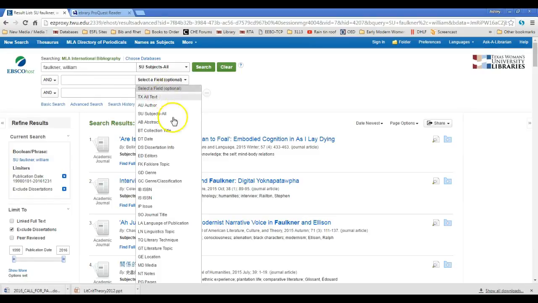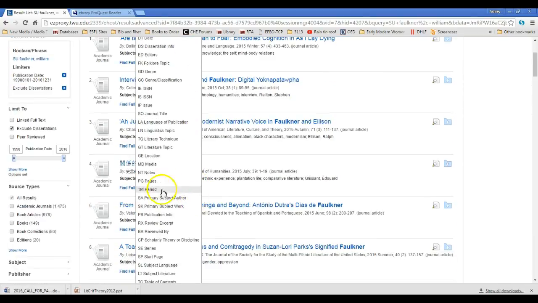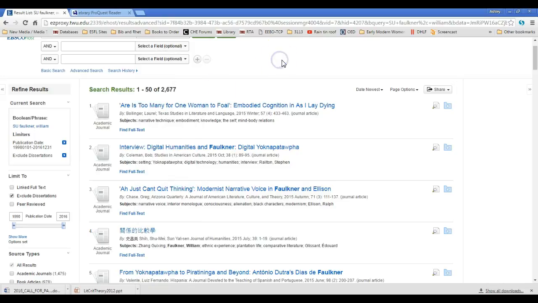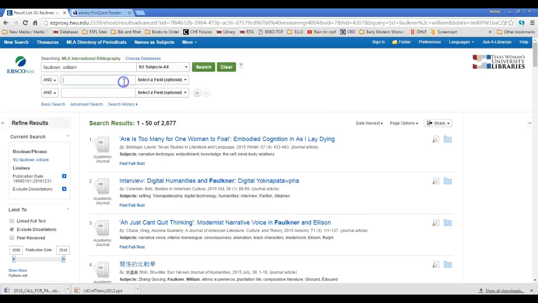We have time period searches. Here we go. So if you're studying Renaissance literature, you can limit your search by a particular time period. Generally, we're going to go by centuries. So 1500 to 1599, 1600 to 1699, so on and so forth. You can limit by language, by genre, by type, so article or book, dissertation. We have a lot of ways to limit and narrow our search.